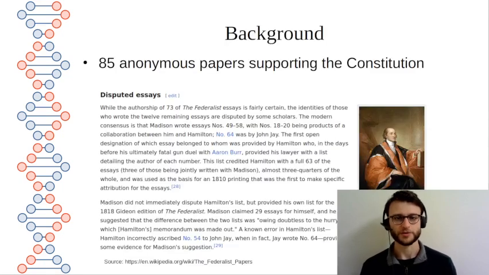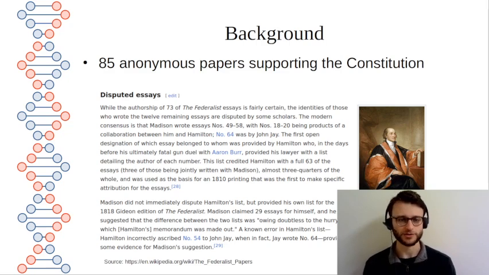So the Federalist Papers were 85 essays published anonymously supporting the idea of the United States adopting a constitution. These essays remained anonymous until Alexander Hamilton provided a list to his lawyer attributing authorship of each letter to Hamilton, John Jay, or James Madison. Hamilton was killed shortly after in a duel with Aaron Burr, so his list is his only surviving testimony as